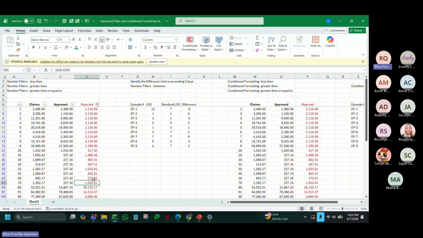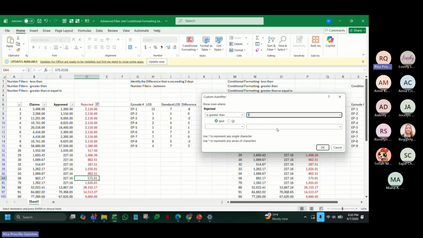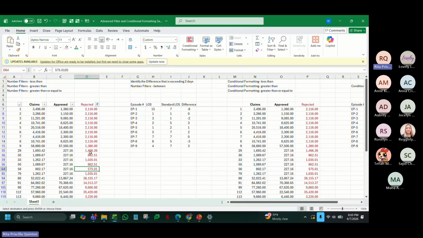For example, this is my threshold. So let's say I don't want to see anything greater than this amount. I want to see only those greater than this amount. So it will be like this.